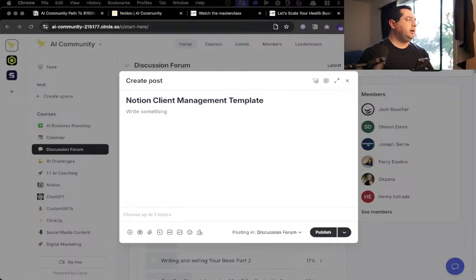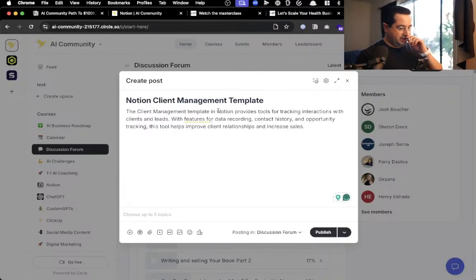That's a CRM template. I want one just to manage your clients. I'm just looking for some copywriting. Okay, cool. The client management template provides tools for tracking interactions with clients and leads, with features for data recording, contact history, opportunity. We don't need this.